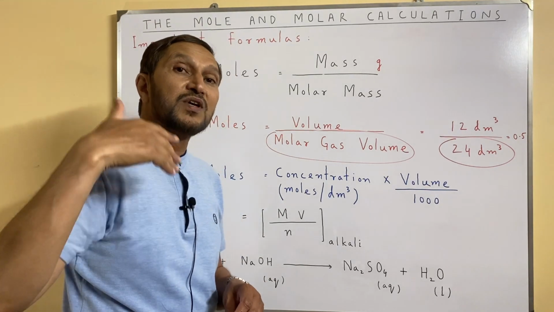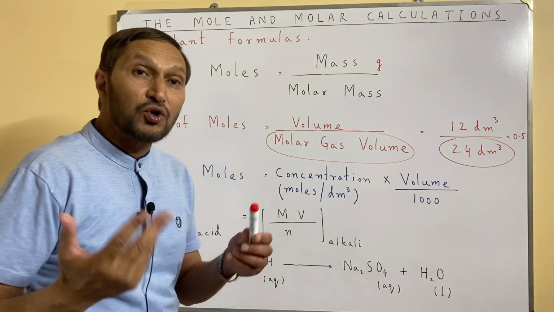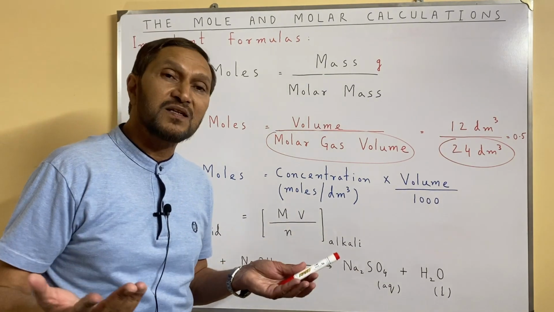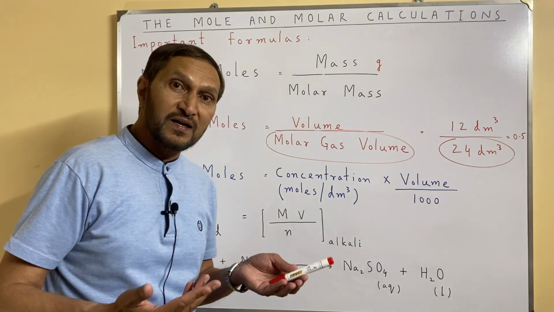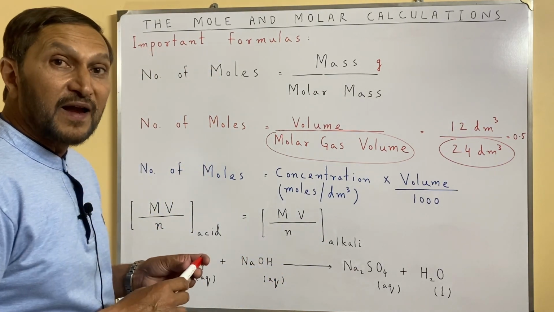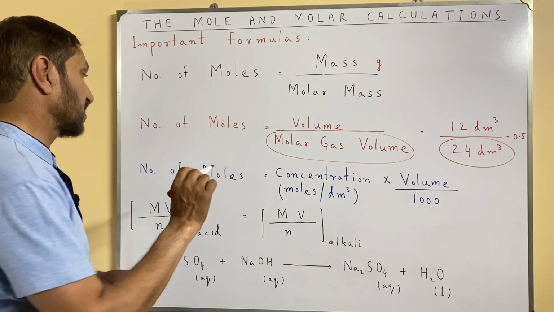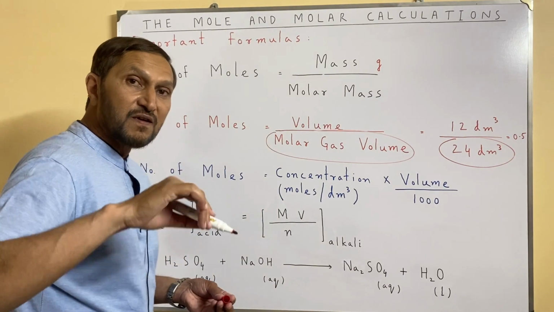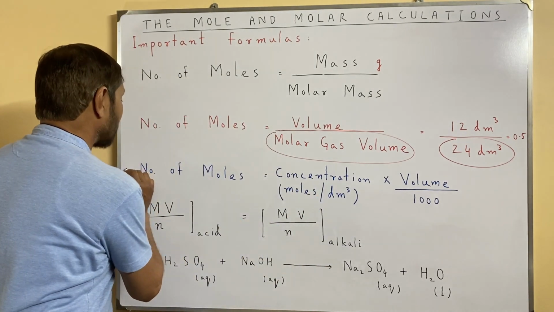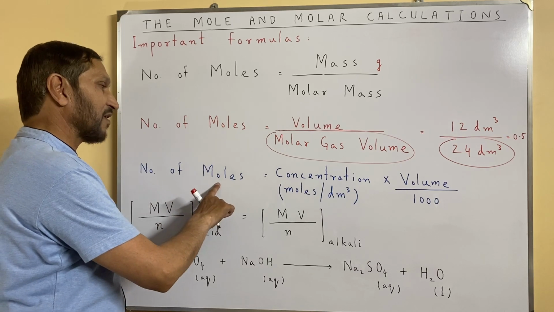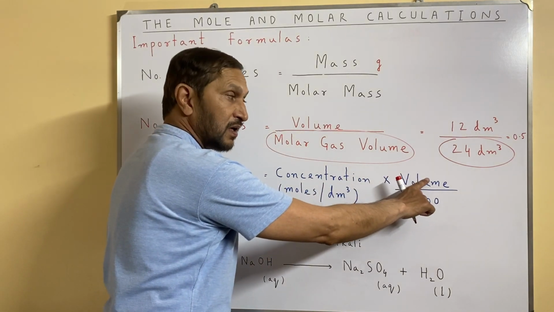For example, an aqueous solution of copper sulfate, or it can be acids or alkalis, sulfuric acid, nitric acid, or alkalis like sodium hydroxide, potassium hydroxide, etc. So all these are in aqueous form. So for solving the questions where there are aqueous solutions, we will use formula number 3, and formula number 3 is: number of moles is equal to concentration multiplied by volume divided by